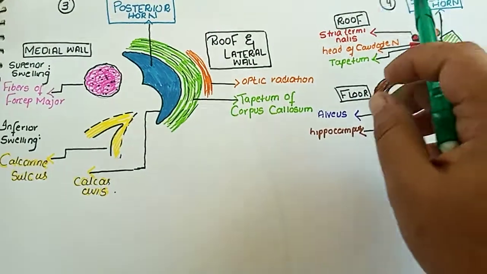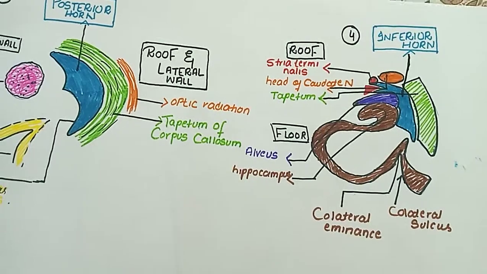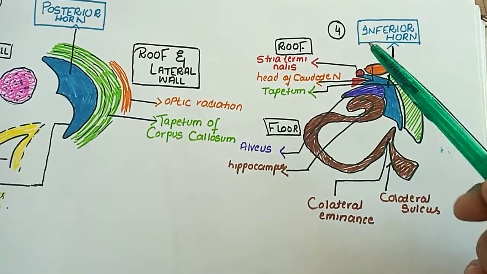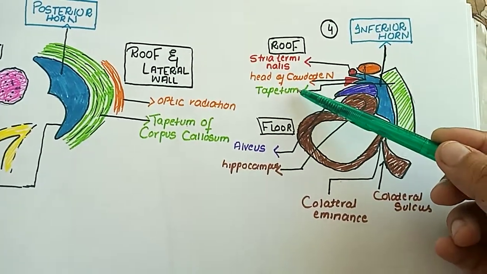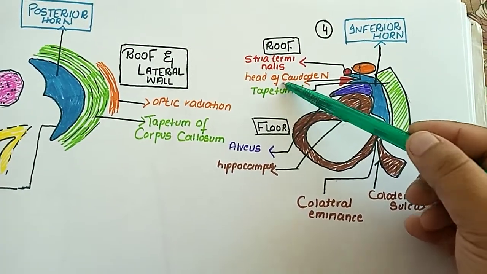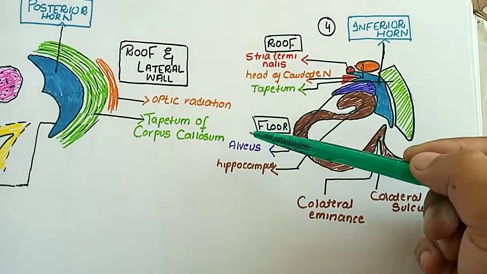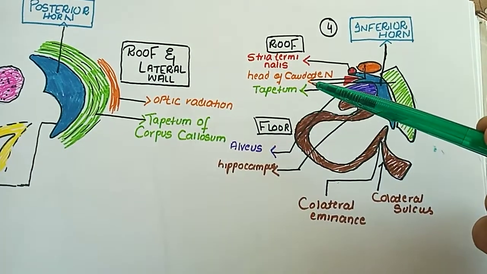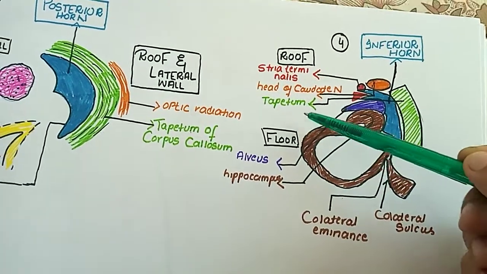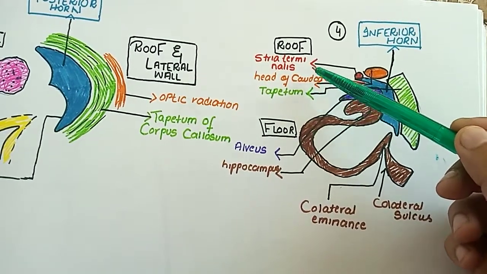And the inferior horn of the lateral ventricle extends into the temporal lobe, and the roof of the inferior horn is also formed by the tapetum of the corpus callosum, the splenium fibers of the corpus callosum. And basically the caudate nucleus was present at the floor of the anterior horn, the body and the posterior horn, but now in the case of the inferior horn, the caudate nucleus is present in the roof,